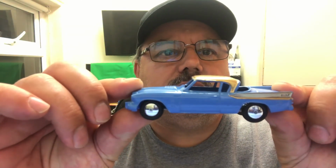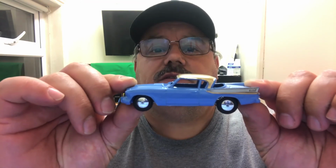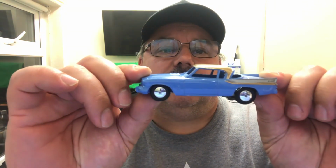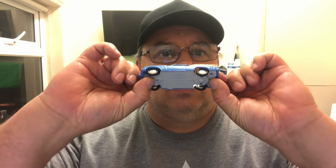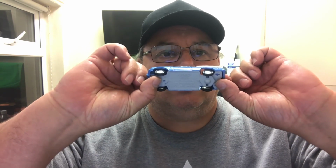and we've also got a Studebaker put back to its original colours. Now there are various colours for these Studebakers, but that was the model that I got. The only customisation I did to it was I did the roof with a metallic gold as well as the fins, and that's also got the Tamiya fine line grey primer, which I like as a base coat and finishing coat, strangely enough, for these